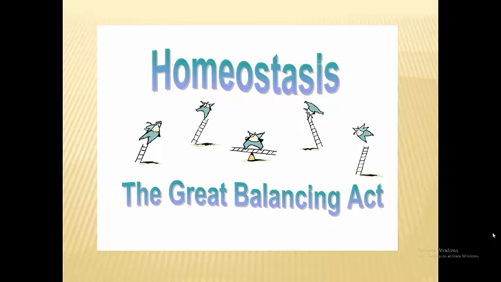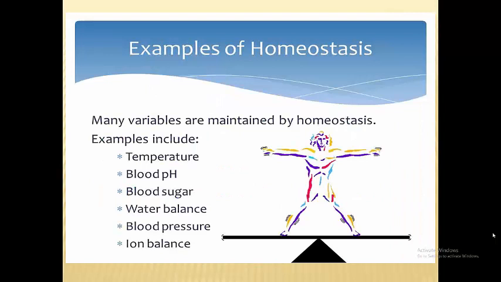Now, hopefully you've heard of the word homeostasis somewhere in your K through 12 education. Homeostasis is all about keeping everything in balance in the body. You are just a big piece of complex machinery, and the goal is to constantly be righting everything. If the seesaw tips one way, tip it back the other. Keep everything in balance. So your body says, oh, the temperature went up, bring it down. Oh, the blood sugar went up, bring it down. Oh, the blood pressure went up, bring it down. It's constantly seesawing, trying to keep everything in balance.